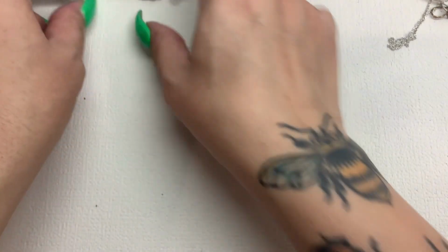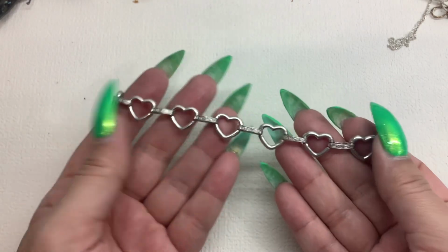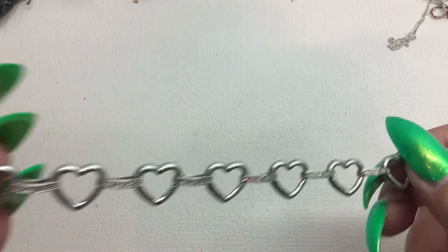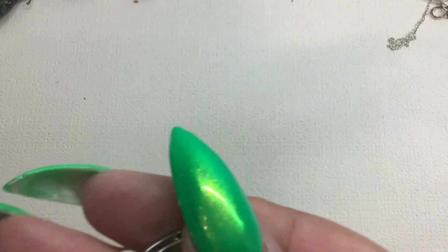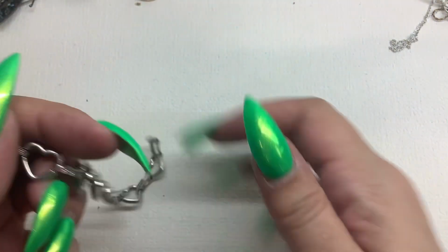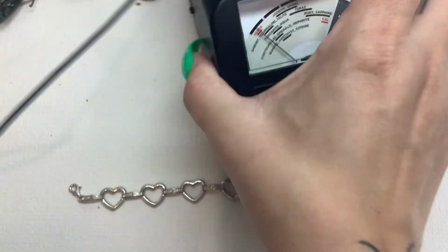Okay, moving along. Here is for my heart jewelry lovers. This is a beautiful sterling heart bracelet. And I'm going to assume these are diamonds in here. I actually don't see a mark. Oh, wait, I do, right here. 925 Thailand. So I'm going to guess that these are diamonds just by the way that they're shimmering, but let's